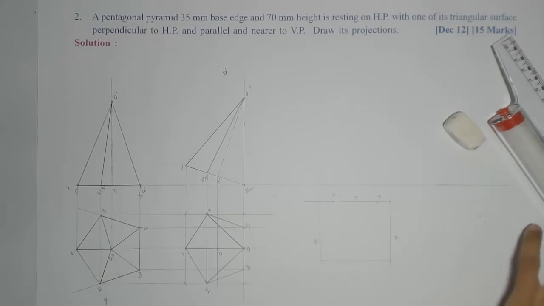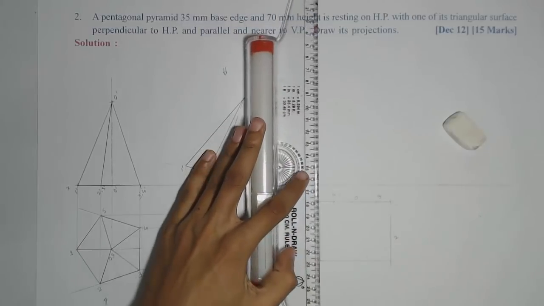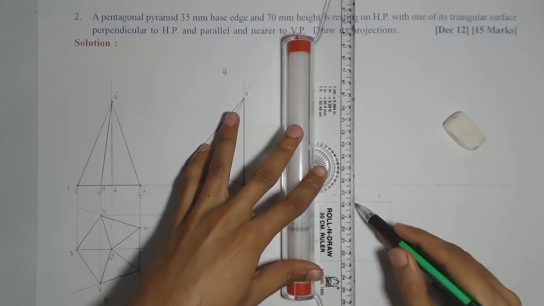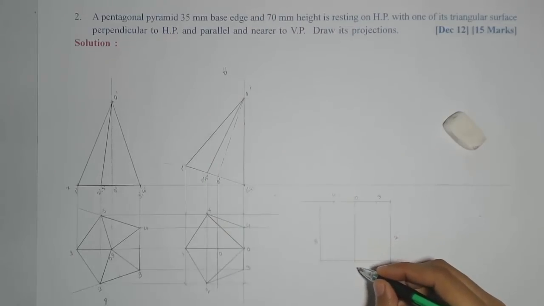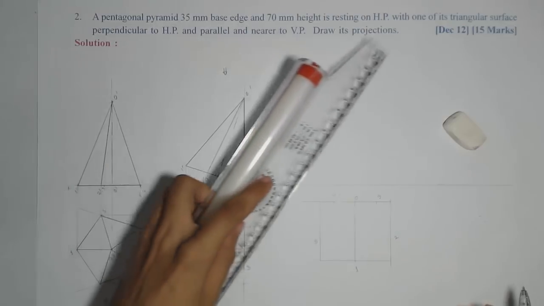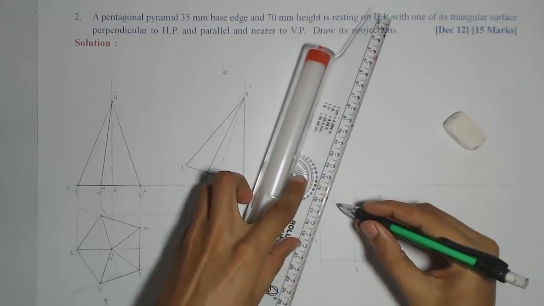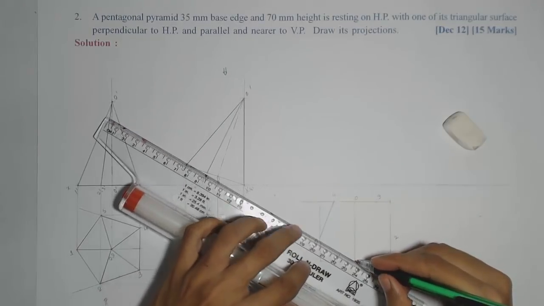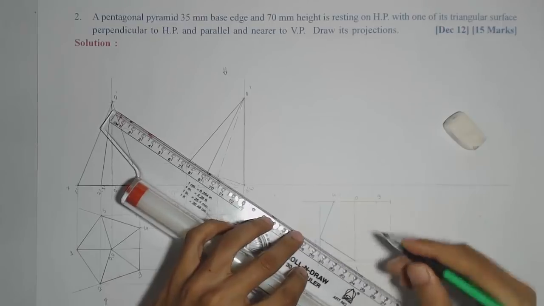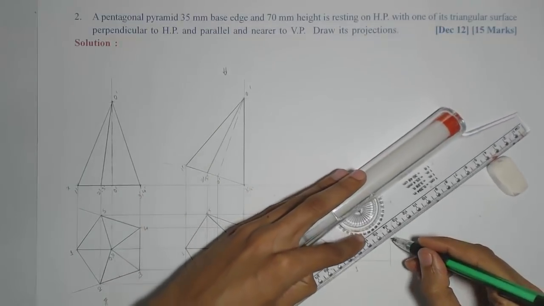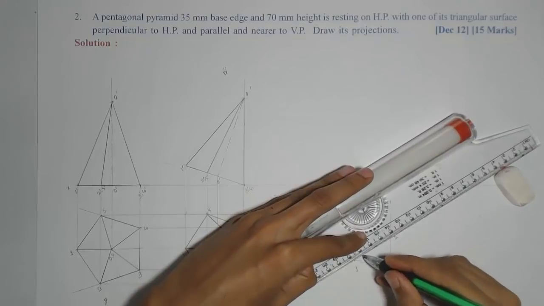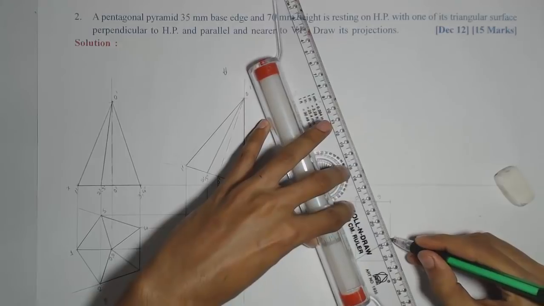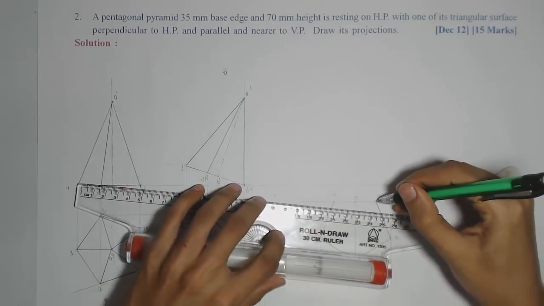So we already marked O, so I'll just reduce that to get 1, where it intersects the other boundary of the rectangle. So here I am going to get point 1. So I'll just join all those points to redraw this top view again. So 4 to 5, 5 to 1, 1 to 2, then 2 to 3, then 3 to 4,